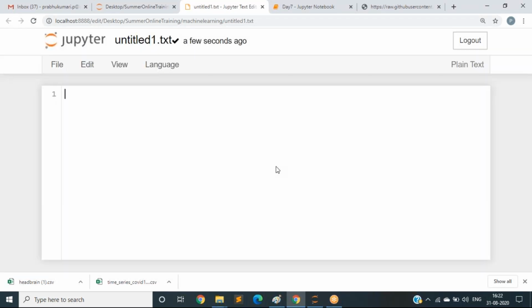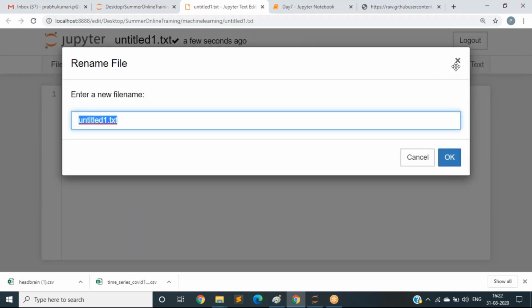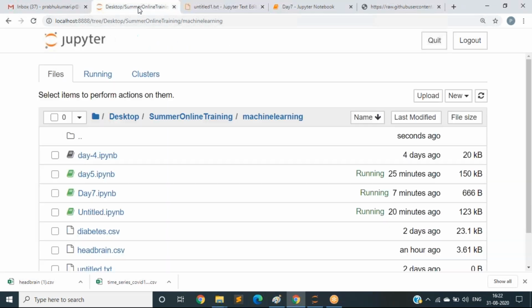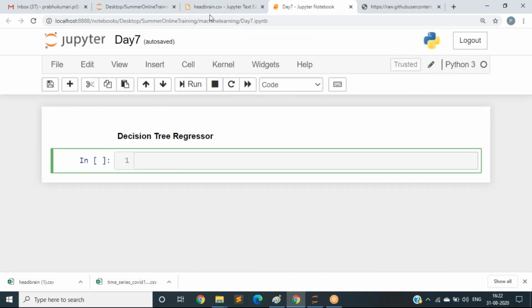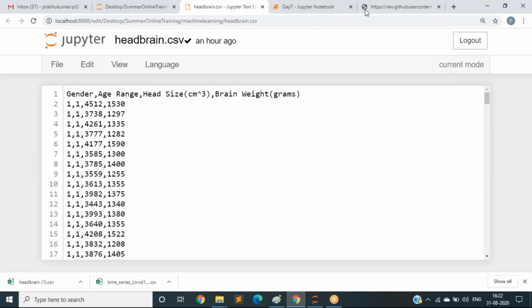Paste the data which you have copied and save this file as headbrain.csv. I think you know the process.